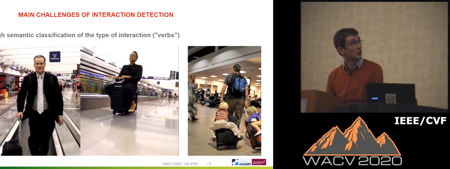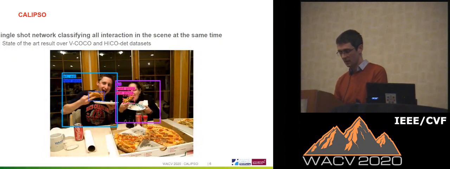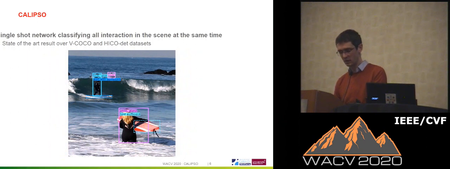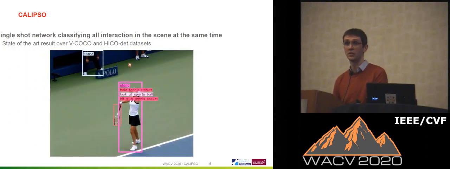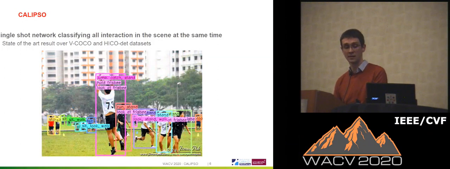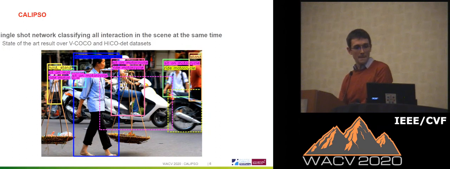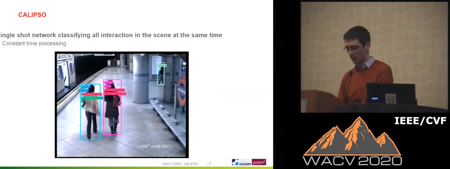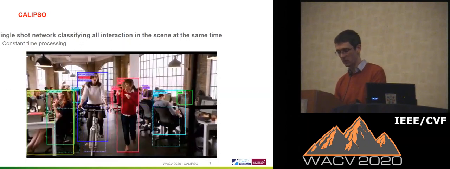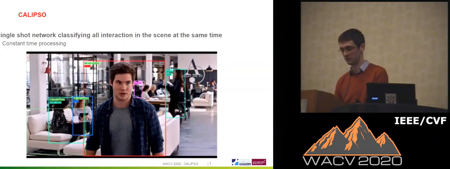Here are some qualitative results of our method. Calypso densely estimates different features over the scene to determine the existence and properties of an interaction link between any potential person-object couple in the image. Read-out couples are then enumerated at inference time thanks to an object detector of your choice. When applied on videos, results are pretty faithful to reality. And contrary to other state-of-the-art methods, each frame of this video is processed in a constant time, whatever the number of objects present in the scene is.